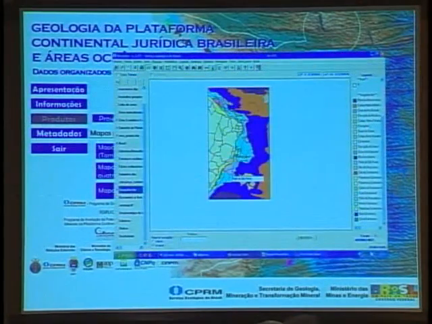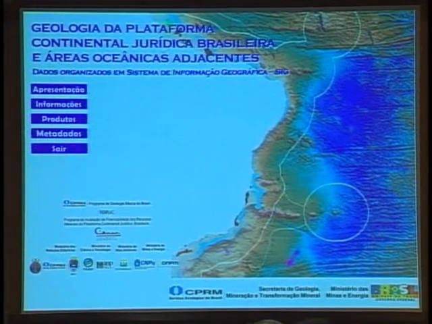Yes, this is how the ARC Exhib program shows information. You have all the different layers here. You just click on each one, and you can overlap one piece of information on the other. You have a legend. You can do some basic operations, so you see which kind of data is there. Next one.